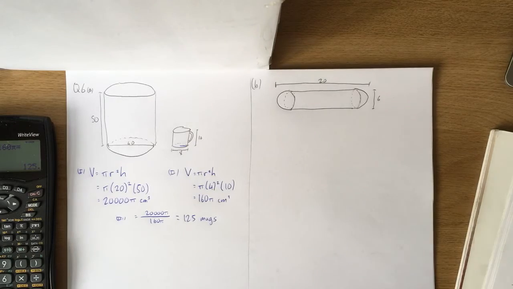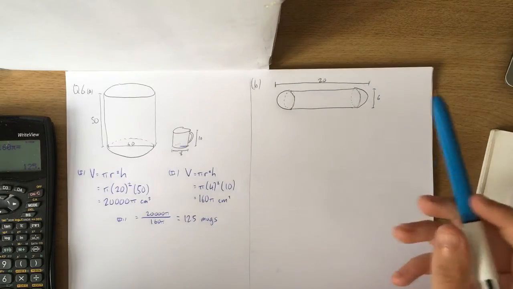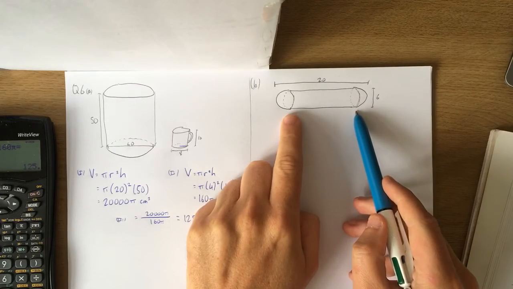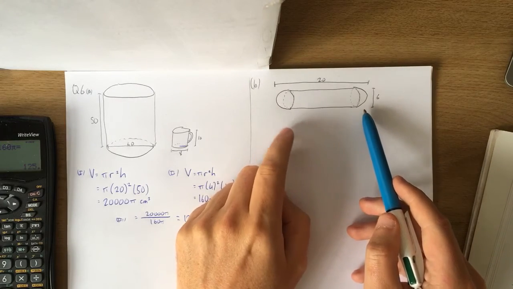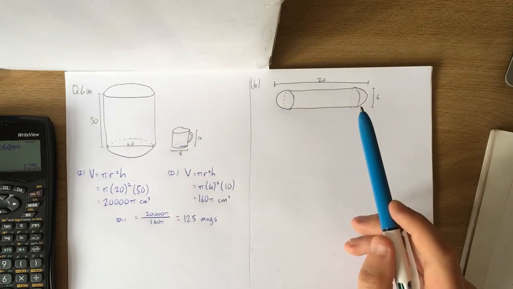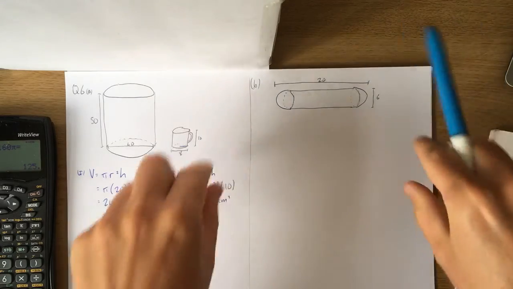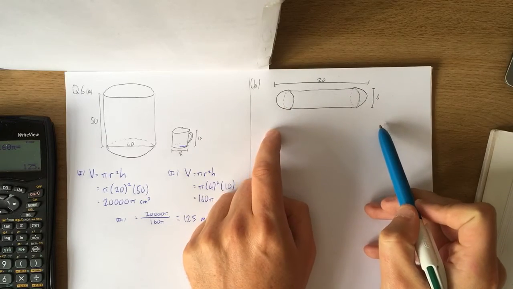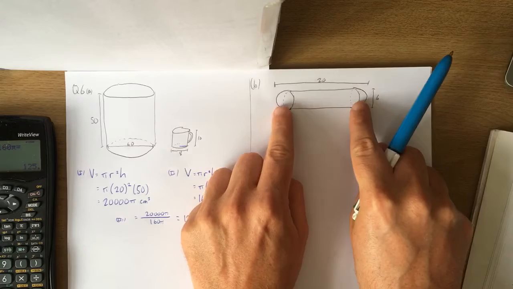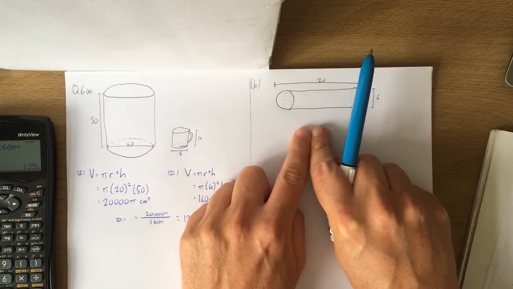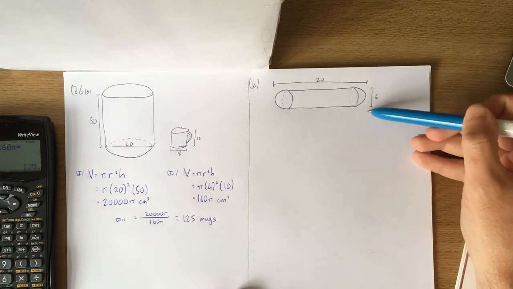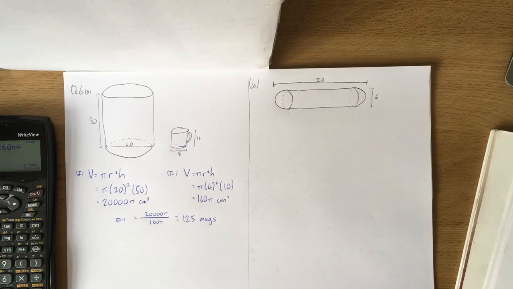Part B then: a vitamin capsule is in the shape of a cylinder with hemispherical ends. A hemisphere is just half a sphere. So it's a bit like the running track question maybe, where you had 2 semicircles at the end. Here you've got 2 half spheres at the end. It might help in this question to think about putting those together and making a full sphere, or else I can deal with them as a hemisphere here and a hemisphere here. The length of the capsule is 20